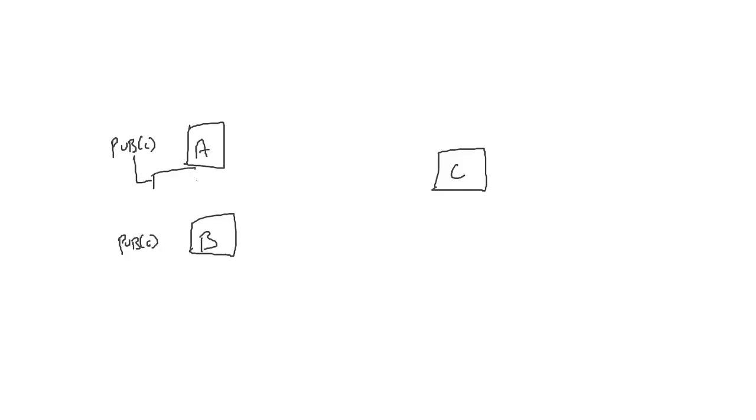We have a system A and a system B, and this is my system C. So C's public key is available to A and to B. They both have the public key of C. If I'm using only asymmetric cryptography, A will use the public key of C to encrypt the data,